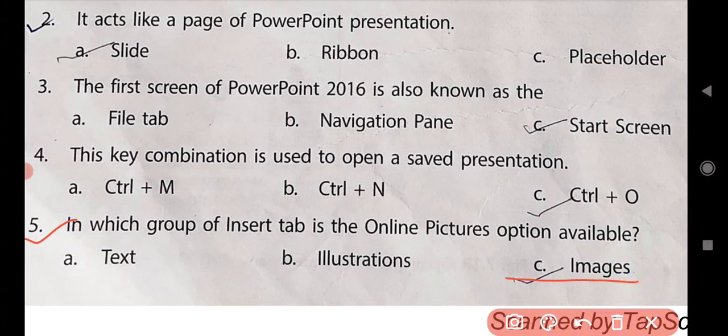The correct answer is images. Images is the group in the Insert tab in which the online picture option is available. Spelling is I-M-A-G-E-S, images. Now come to the next.